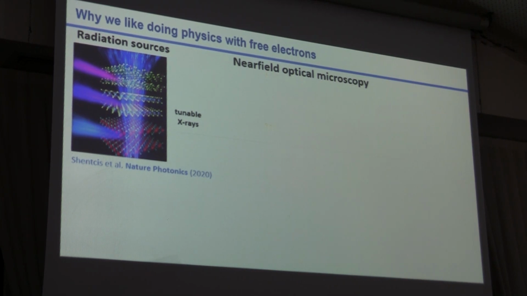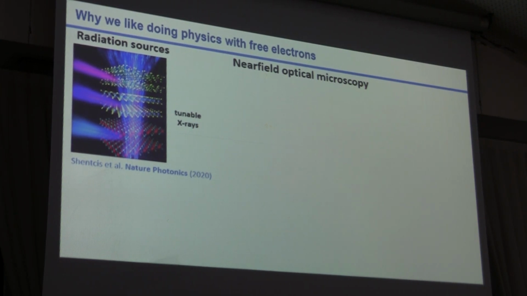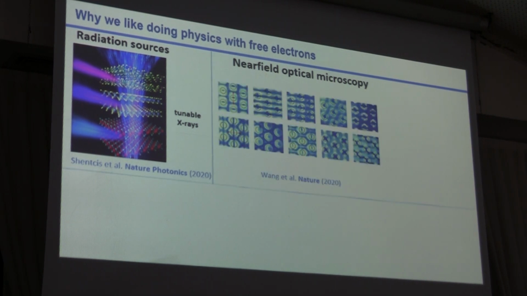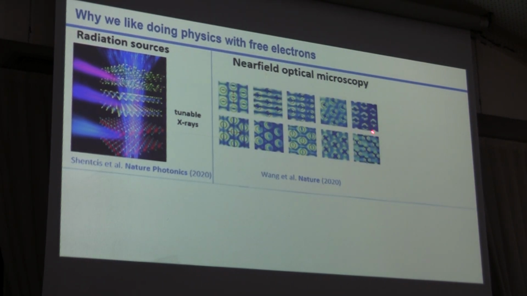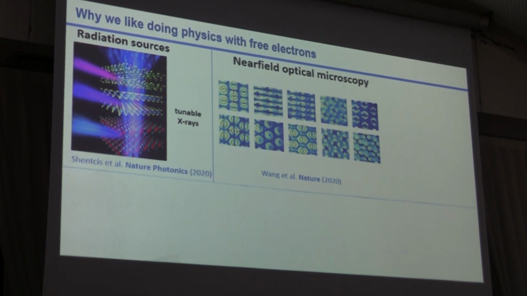In another side, people use electron microscopes for microscopy. That's basically the name. But we can do something a little bit different. We can use electrons to image light, to get images of how light looks like. So if you think about periodic structures that can hold light, those are called photonic crystals. They are coming from the idea of atomic crystals, where electrons take those Bloch modes. So light can take Bloch modes as well. And this is a way for us to image how Bloch modes look like. And then we can also time the interaction and make movies.